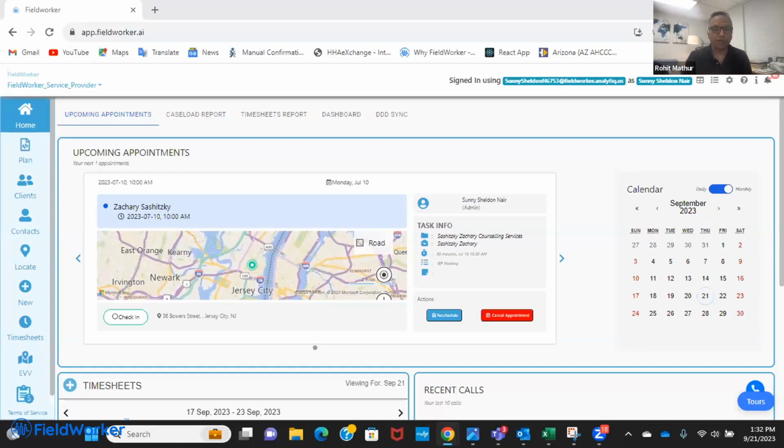But billing is a separate module, so if you're using some other provider for your billing already, then you can continue to do so if you so desire. But if you don't, then we provide an end-to-end solution with all kinds of validations in the process. So going with the comprehensive solution helps because all your data is validated and you do error-free 100% billing if you utilize that through us as well.